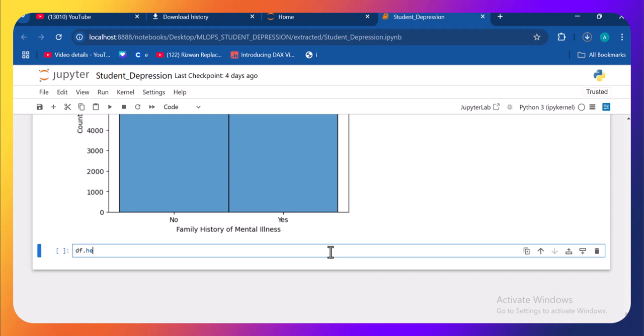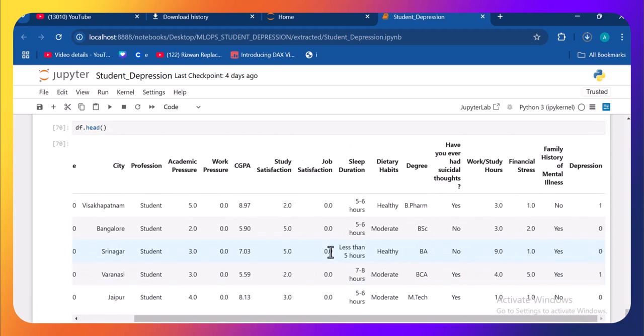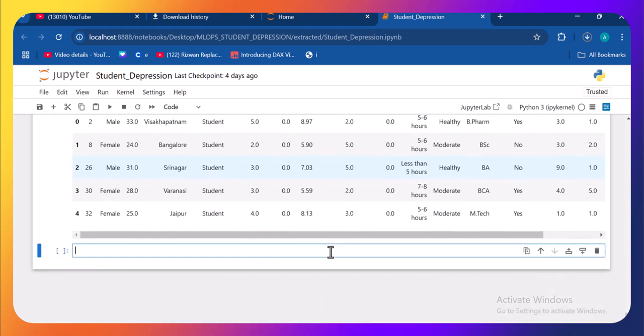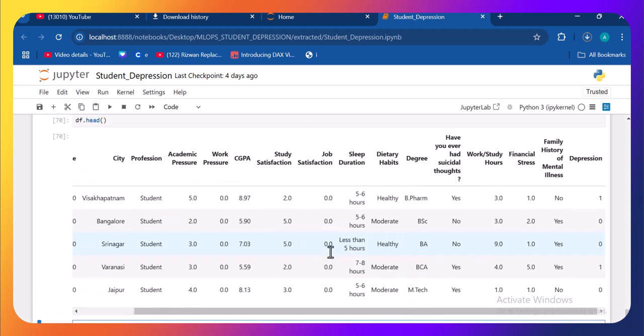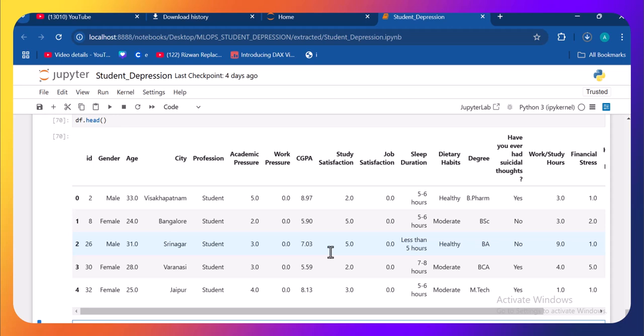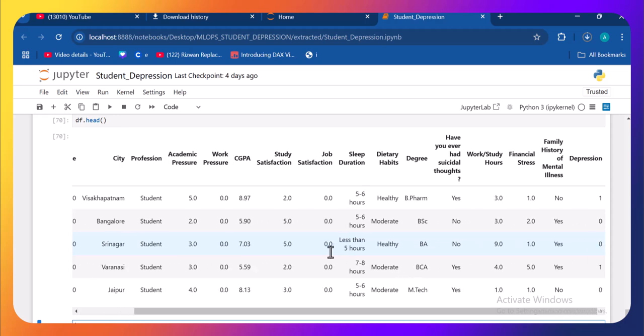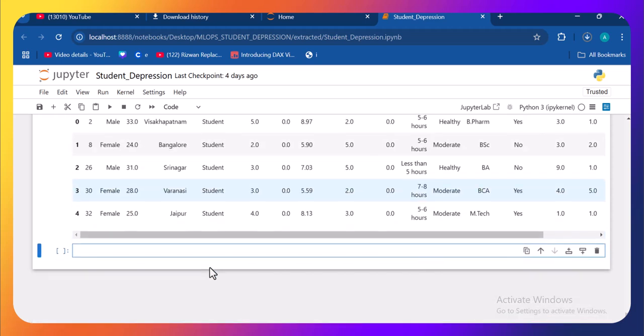So we will go with df.head to read the data here, and after reading the data, what we will have to do is first of all perform the data pre-processing on the data. First of all, I will check the columns. I think there are some columns which need to be pre-processed. So for this purpose I will load a library from scikit-learn dot preprocessing,